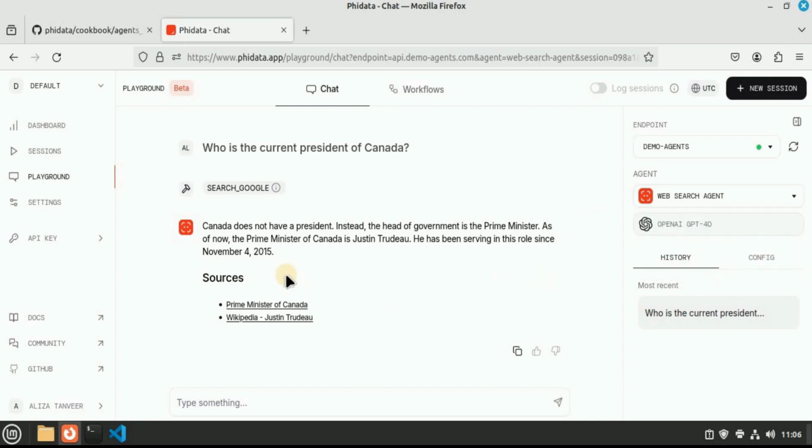But today, I'm going to show you how you can use two or more of these agents to create multi-agent orchestration to perform complex tasks. So now I'm going to use the web search agent and the finance agent and create an agent team that is going to use both of these agents to perform complex tasks, which will involve web searching and finance information as well. So now I'm going to open the FireData folder inside VS Code.